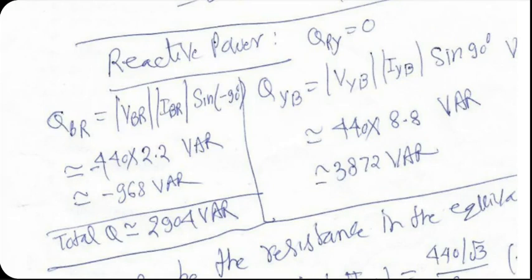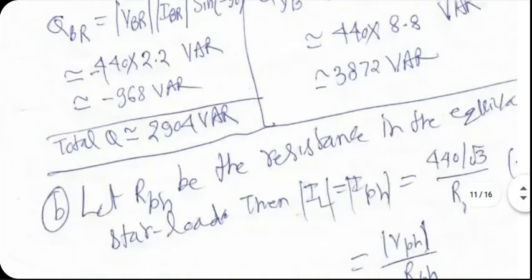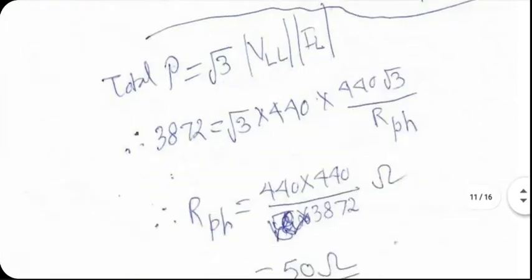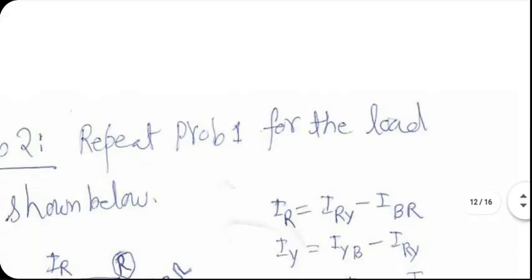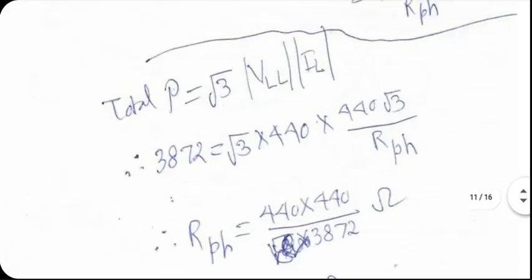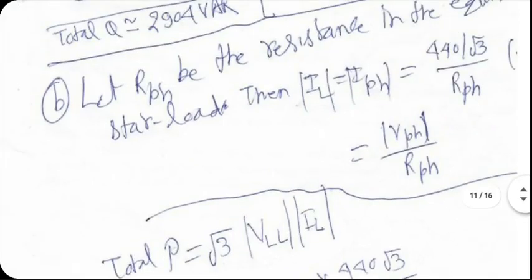The Q part will be non-zero in the two branches in which we have pure inductance or pure capacitance, but real part P will not be there in those two cases. Anyway, at the end, you sum up all the complex powers to get the total complex power. And then you take the real part of that, that will give you the total consumed power.